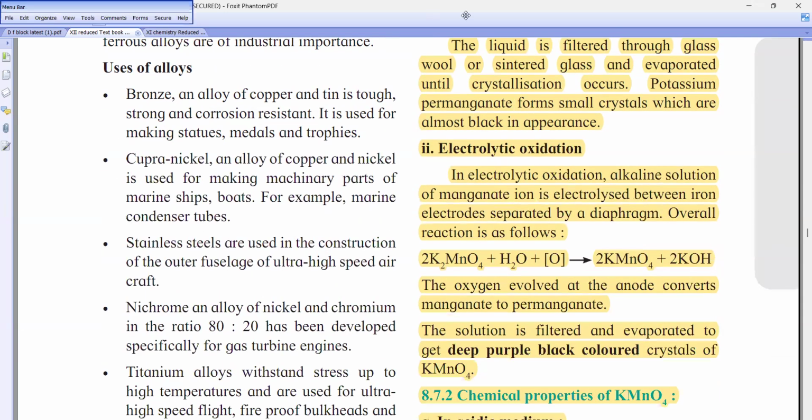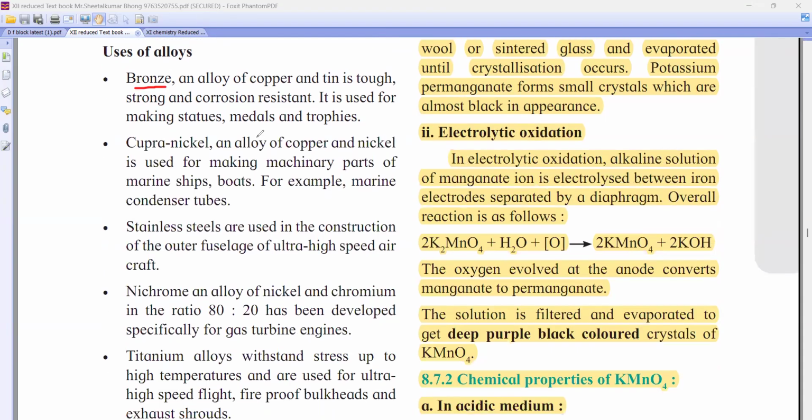एंड दे विल आस्क दिस यूजेस फॉर सीईटी बेटा, दिस यूजेस ये वेरी इंपॉर्टेंट। अच्छा, ब्रॉन्ज इज एन एलॉय ऑफ व्हाट, कॉपर एंड टिन। मेडल बनाने में काम में आता है ना, ओलंपिक में मेडल, स्टेच्यूज, ट्रॉफीज। देन दे विल से कुप्रा निकल इज एन एलॉय ऑफ कॉपर एंड निकल, मरीन शिप्स एंड बोट के लिए। स्टेनलेस स्टील हम लोग घर पे भी यूज करते हैं, बर्तन, यूटेंसिल्स। देन दे विल आस्क यू निक्रोम, निक्रोम इज व्हाट, निकल एंड क्रोमियम। या 80:20 गैस टर्बाइन इंजिन्स के लिए। टिटेनियम एलॉयज आर यूज्ड फॉर व्हाट बेटा, फायर प्रूफ बल्क हेड्स, हाई स्पीड फ्लाइट।